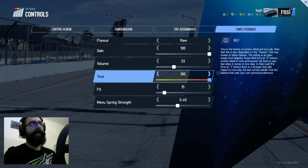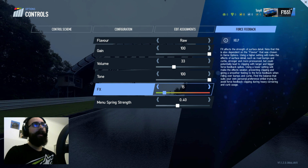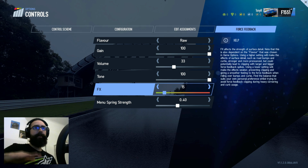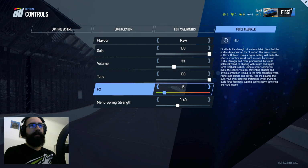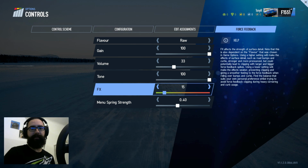Okay, the next one. It's called FX. We already had this one in Project Cars 1 as well, and it mainly helps with the forces that go up and down, so road noise, curbs and stuff like that. It's also default on 50, which is quite a nice value. However, for me, it outweighs a little bit the tone thing, so the side forces of the car, the over and understeering. So I tuned it down to 0